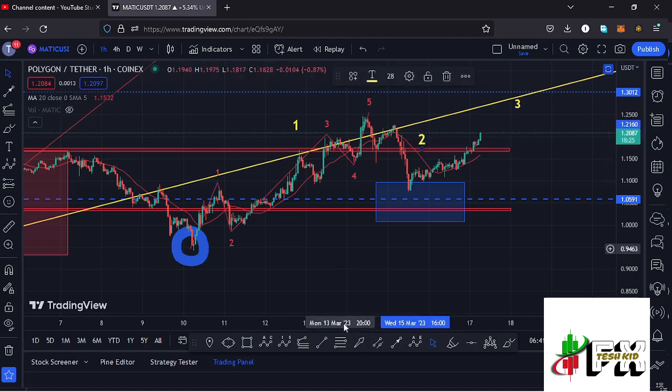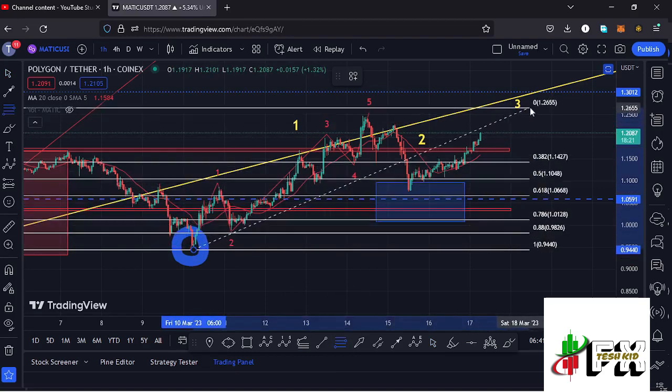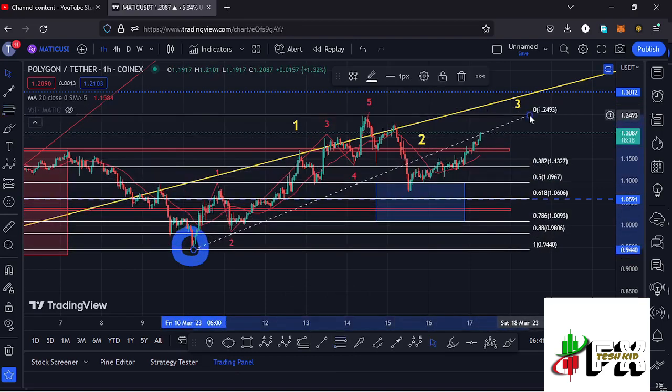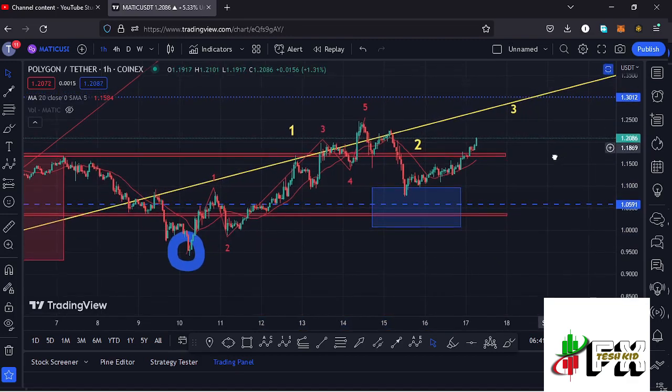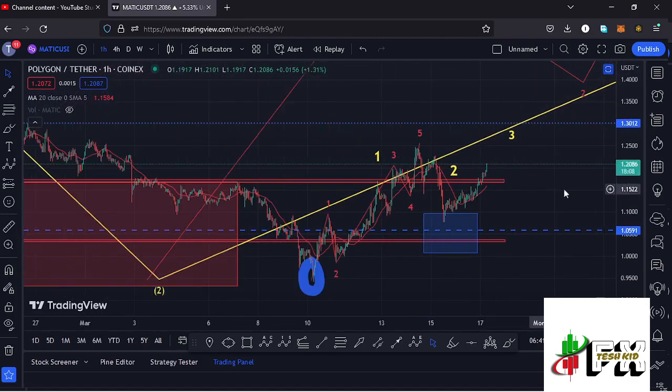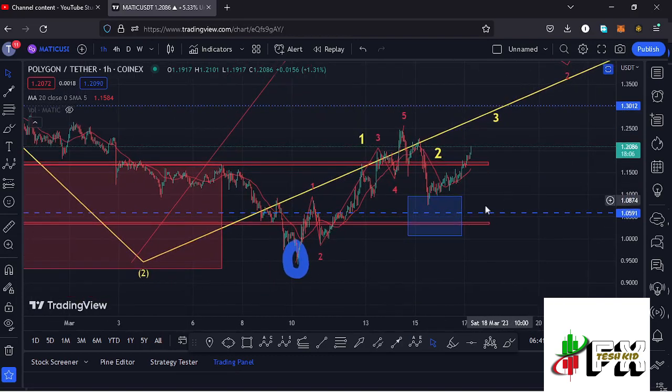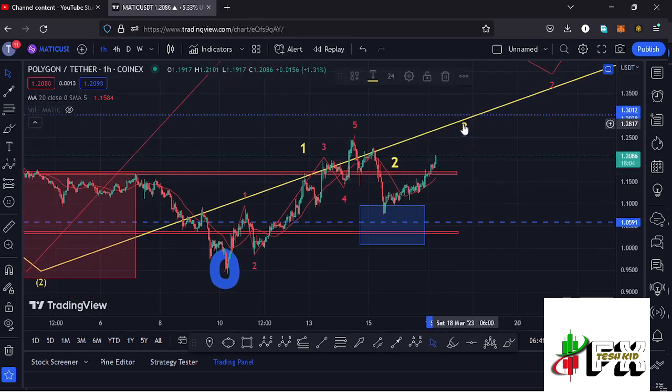and having seen the formation of that wave 1, whatever we expected next was a corrective structure in the formation of this wave 2, and using the Fibonacci's, connecting them from the low of the first wave to the high of that wave 1, that gave me a minimum retracement area between the fib level 0.5 and the fib level 0.78, which is a target area that we managed to get into in the formation of that wave 2. And I now believe that whatever we are seeing at the moment is the start of another impulsive wave to the upside in the formation of this wave 3, in a move that has now given us a break above the 20-day MA and also above a key area of resistance at around the $1.17 mark,